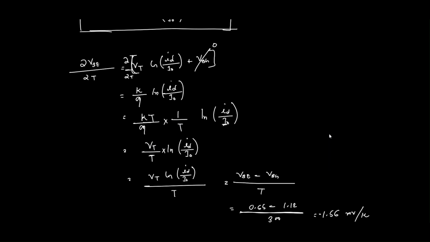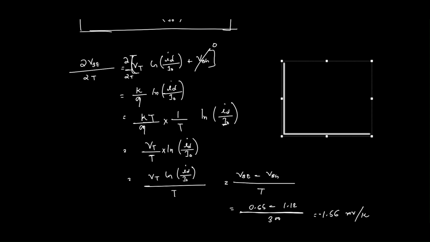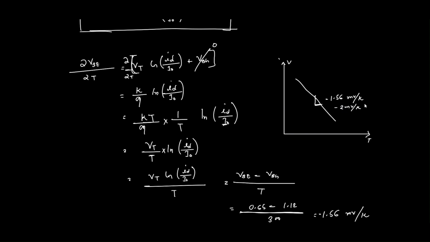So if we plot, if we increase the temperature, the voltage will go down, right? And the slope is minus 1.56 millivolt per Kelvin. In some textbooks it's minus 2 millivolt per Kelvin. And this is called the CTAT,